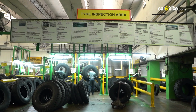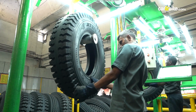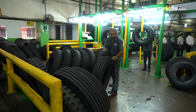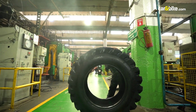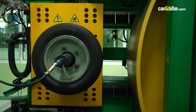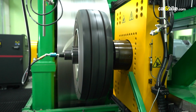Each tyre is thoroughly inspected for flaws such as bubbles or voids in the rubber of the tread, sidewall and the interior of the tyre. Even the samples of the rubber from the final mix is tested for tensile strength and density. If a defect shows up, engineers review the specific steps of tyre component assembly to determine how the flaw was